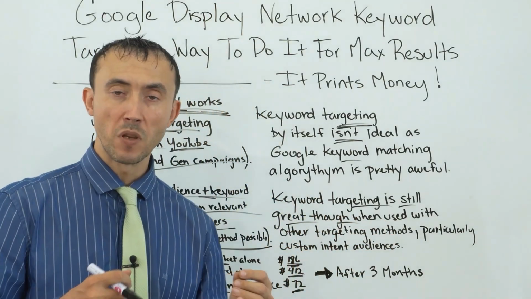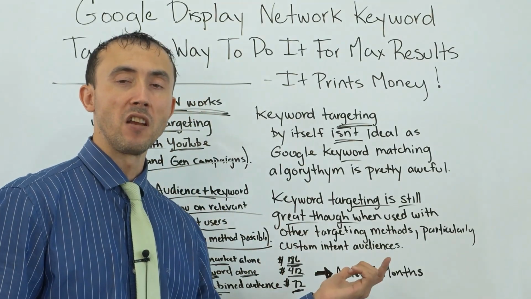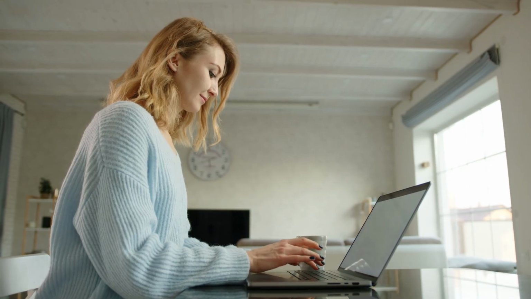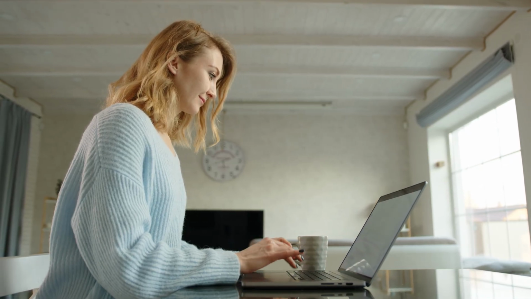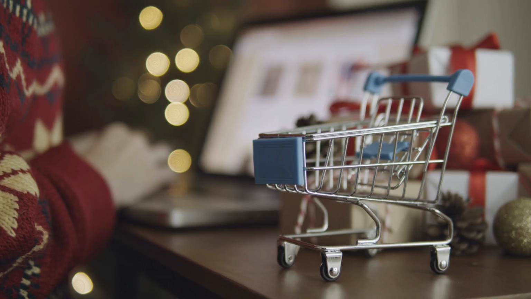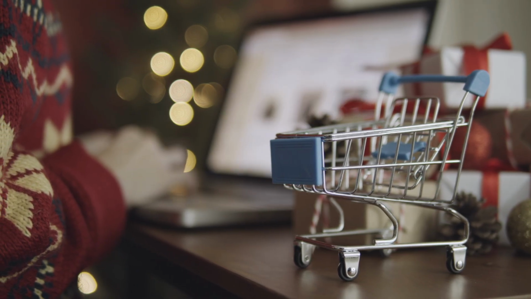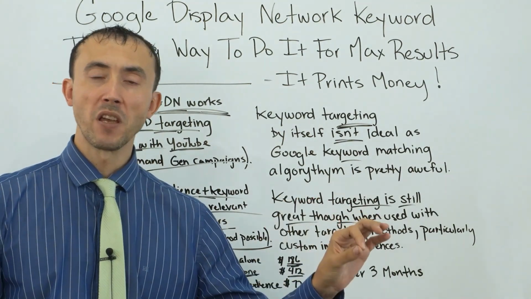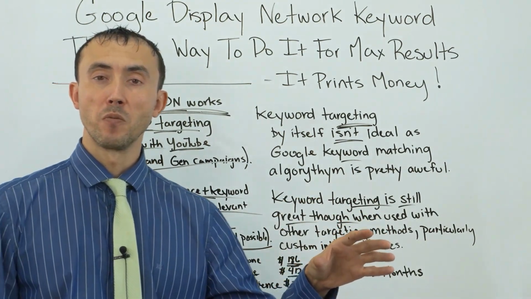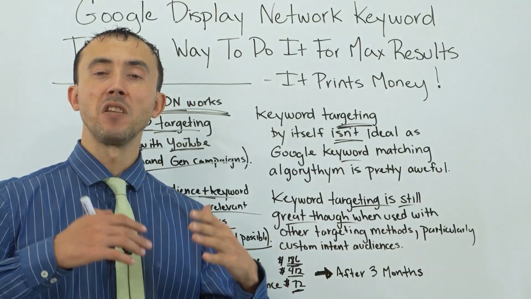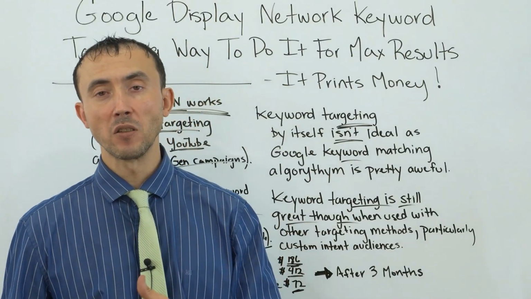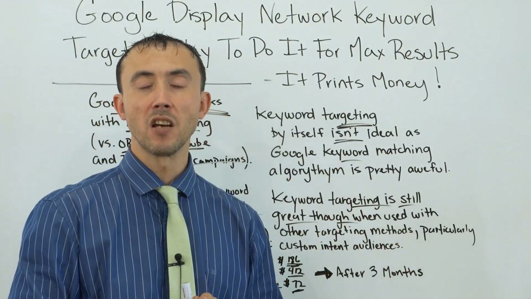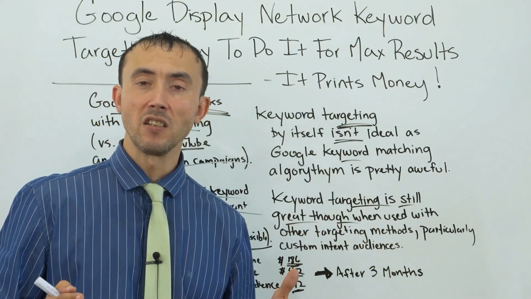But because this method with the keyword targeting in combination with the in-market audiences works so well, I would recommend doing custom intent audiences that are not even just related to people buying your product, but people looking for information about your types of products and how to fix the problem that your product fixes, because you're going to probably get on a page about your product topic anyway. And anytime somebody's actively researching to fix a problem, and you can get your ad on there and confirm they're also on your custom intent audience list,